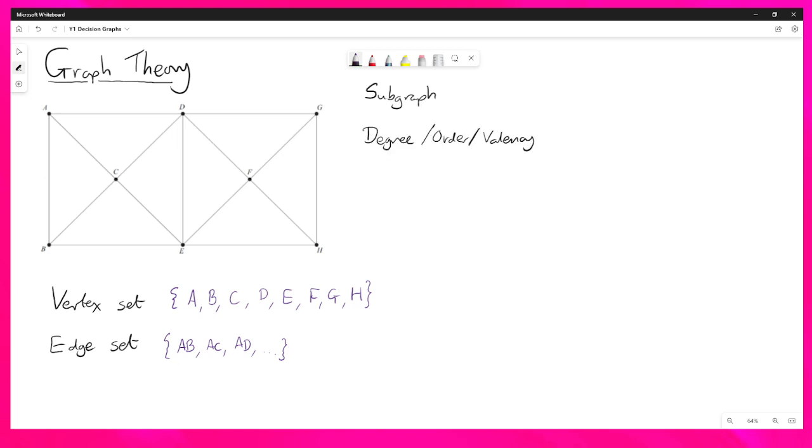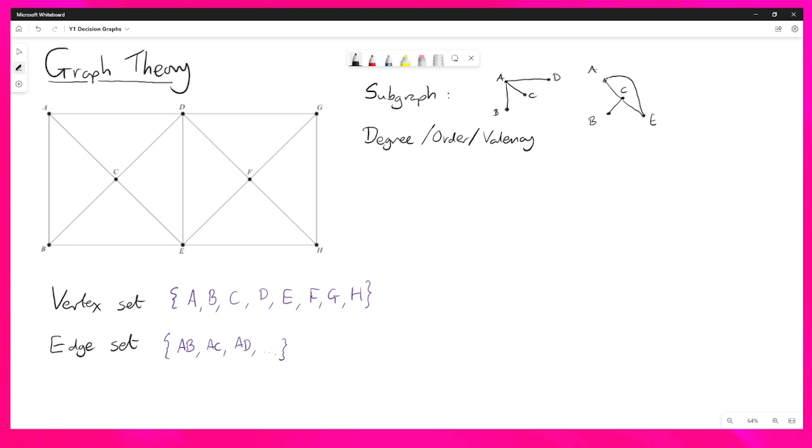A couple of other key terms here is the idea of a subgraph. This is a graph whose edges and vertices are also in the graph. So we could have the graph that looks like this with A, B, C, and D. Because all of these vertices and the edges of this graph are also in the main graph, this is a subgraph. If we had, for instance, A, C, B, and E, and we had some vertices like this and some arcs like that,